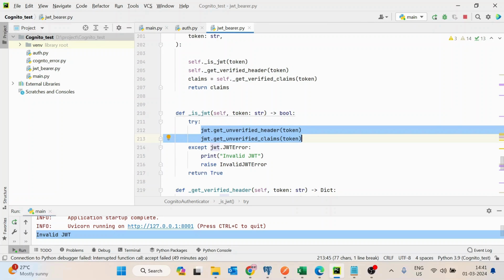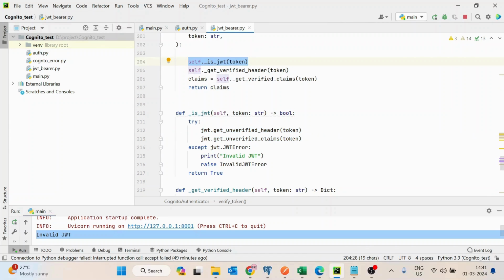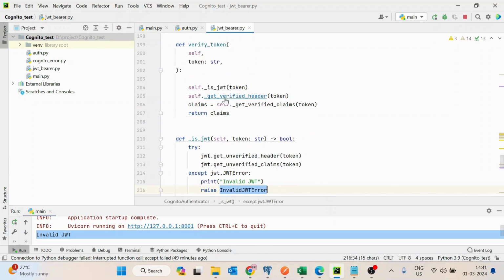So as a first step we are verifying it is a JWT token or not. So that's just a library provided method to verify a token, get unverified header and get unverified claims basically. Okay, so if in case we got any error, it raises an invalid JWT error. That's the first thing. Second thing, get